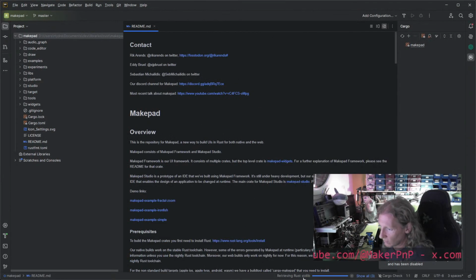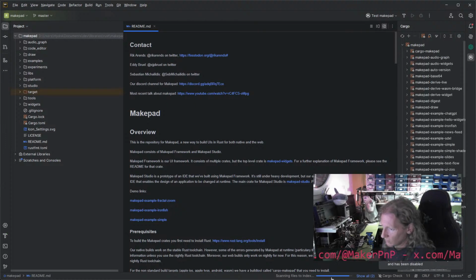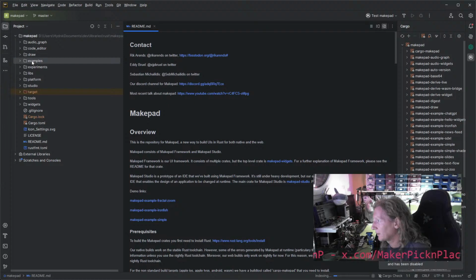Okay, so it had 239 dependencies when I did this. Right, we're waiting for it to index some stuff. Right, while it's doing that,